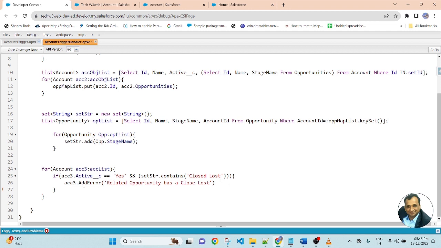So if any of the related opportunity got closed lost, then don't allow updating the record. Now save the file. File has been saved successfully.